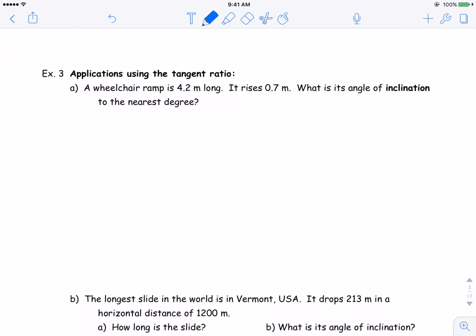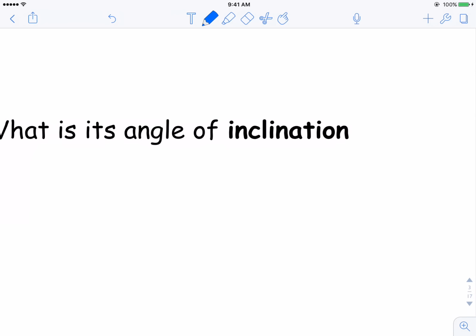Well, an angle of inclination is an angle that is measured from the horizontal, an angle that goes up. Angles that go down from a horizontal, these are called angles of depression. I don't think I can fit that in, depression. Angles of depression. Okay, so we're looking for some kind of angle of inclination, an angle that goes up